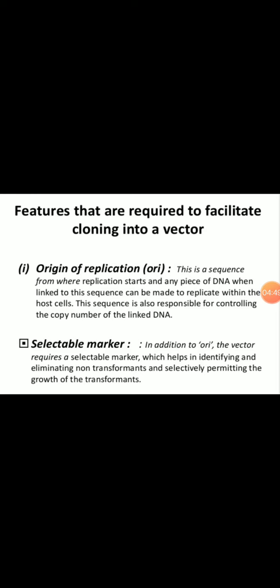As we have seen in the process of recombinant DNA technology, first of all we produce the recombinant molecule and transport it into the host cell, or the cells which multiply very fast. So we have to check whether our desired recombinant molecule is taken up by that host cell or not. If it is taken up by that host cell or the E. coli cell, we call it a transformant. Transformant means our recombinant molecule is transformed into the host cell.